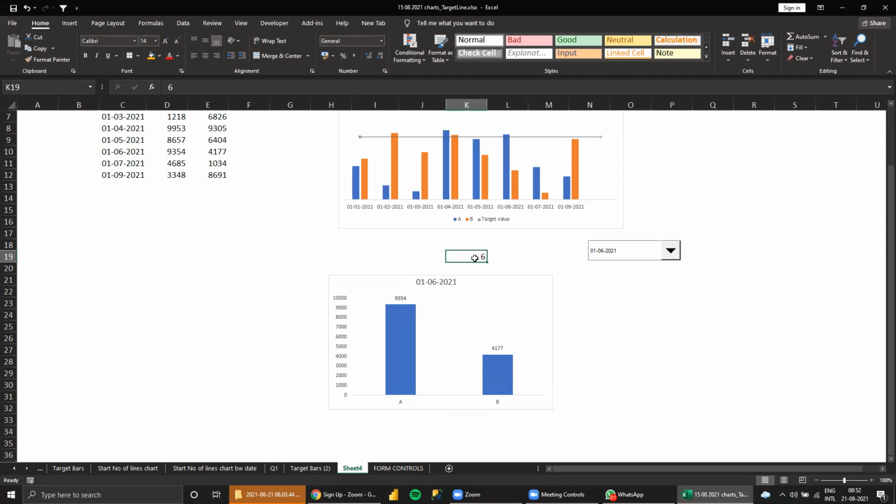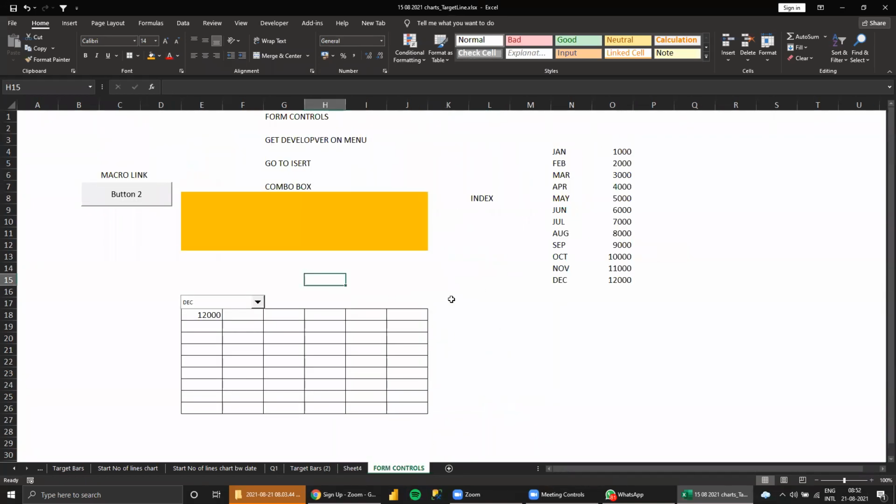Otherwise, suppose you have the months, based on the index formula you can get here like this. Index will be the number. Through the number, you can get the name. The name you can get with VLOOKUP or whatever, directly from the name also you can get here. So this is the combo box.